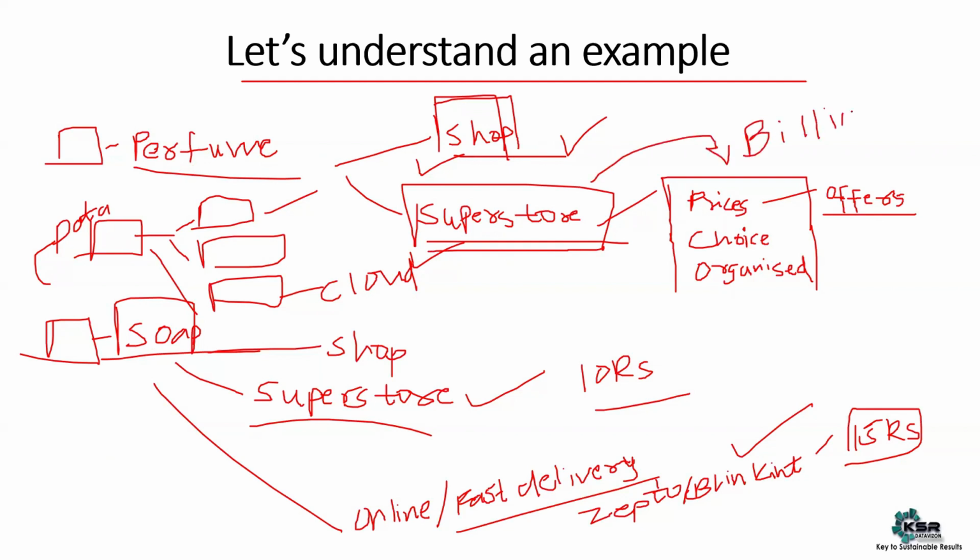They want to go back and check their billing cycle, on which dates, what kind of perfumes were purchased, what quantity of perfumes were purchased. Or maybe there are a few stores which also mention your name, that this person has purchased, whether you are male, whether you are female, what is your age group. So it all depends on what kind of information you're storing. They will try to go back and understand. They'll try to go back and fetch their data, their previous history details. So that's how the current business is.